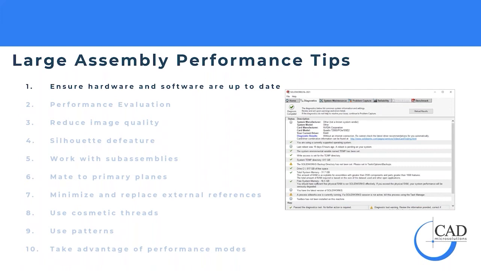But with large assembly performance, the first thing I like to check when someone tells me they're experiencing slowdowns is I go into the SOLIDWORKS RX utility. You guys can get to this in your start menu. I always just go to the start menu and type RX, and it's going to pop up. Take a look at your diagnostics. See what some of the warnings are. See what it recommends. I have a bit of a weird system configuration, but if yours is more common,